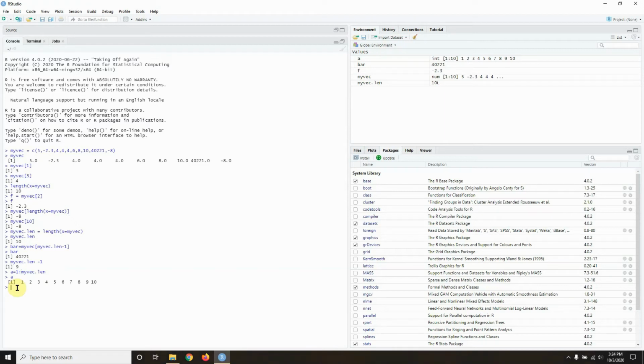So for example, if I want to delete the first one, let my vec2 now become my vec bracket -1. Enter. So my vec2 now is the same as the first vector that I created, but without the first element, which is the 5. Okay,